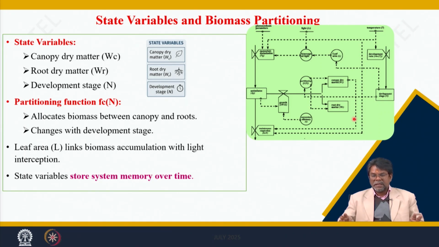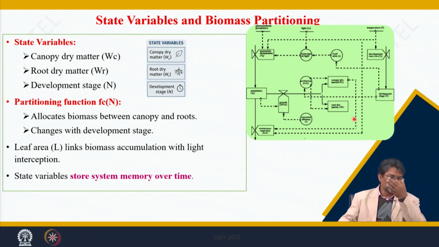knowing this gives a clear idea of which factors are affecting what, how the state variables depend upon the several parameters, and how the flow takes place in the system, and finally how biomass and yield formation are obtained. So, this is for the potential production simulations. This is just an example. We will be moving to the DSSAT models later, but this example shows the use of flow charts and compartment model symbols that give a clear idea of the cause and effect relationship.